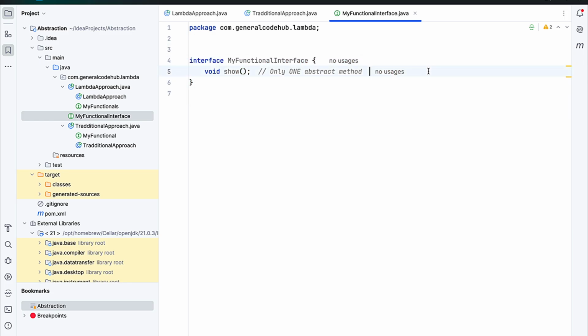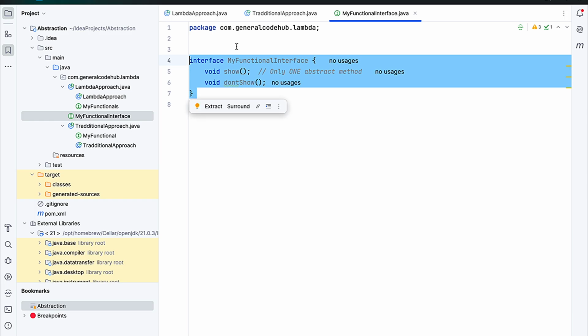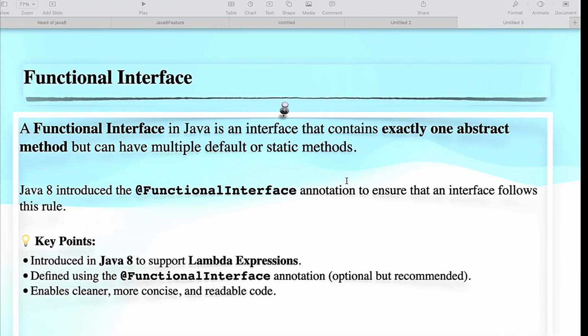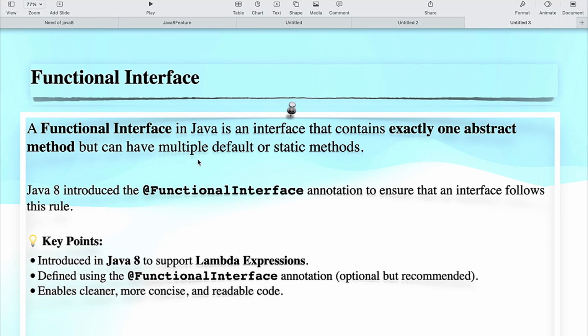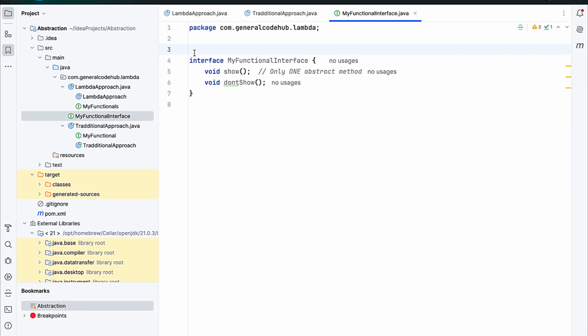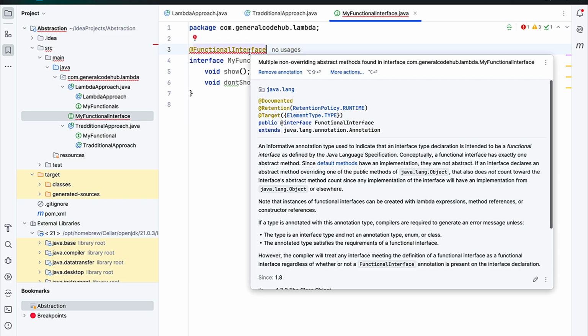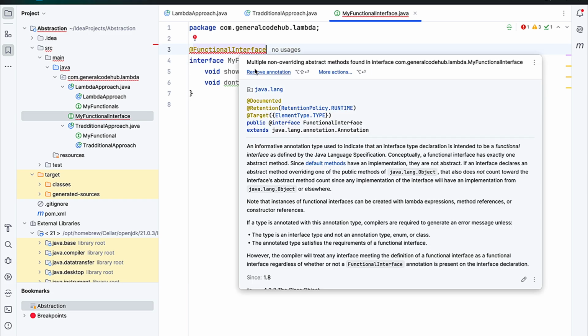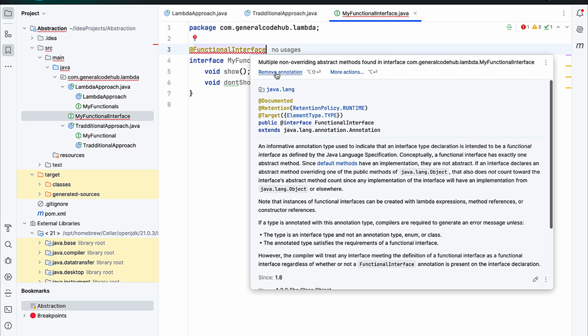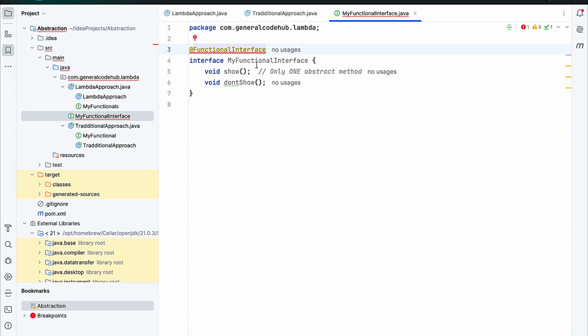But suppose one fresher joins your company and writes one more method. So basically this is not a functional interface, because the definition says that it contains exactly one abstract method. If you write this annotation, it will give a compilation error saying: multiple non-overriding abstract methods found in interface. So there are multiple abstract methods, and if you remove the annotation, it will not give an error, because he just